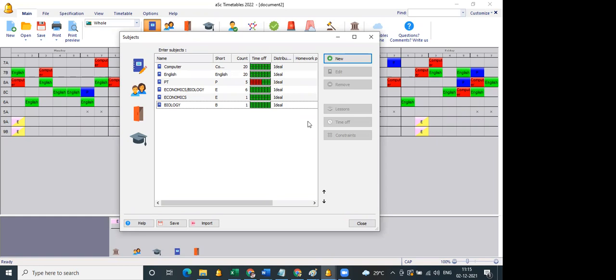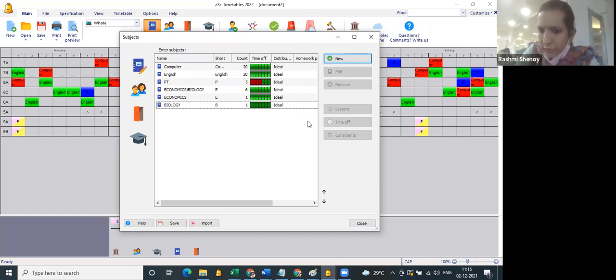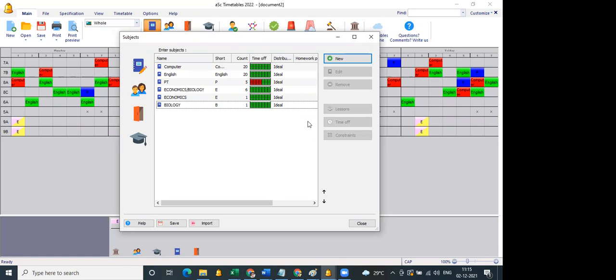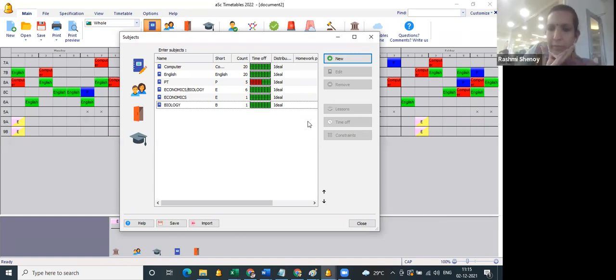Okay. Is there an option of substitution in the software? Yes, we do have substitution. Once the timetable session is over, we'll move to substitution shortly. Substitution also is going to be completely online. So once you're doing substitution online, you can publish it, and the teacher who is going to be substituted will receive a notification stating that they are going to be replaced on, say, Monday 5th period, this particular class. Okay, thank you. That's from my end.